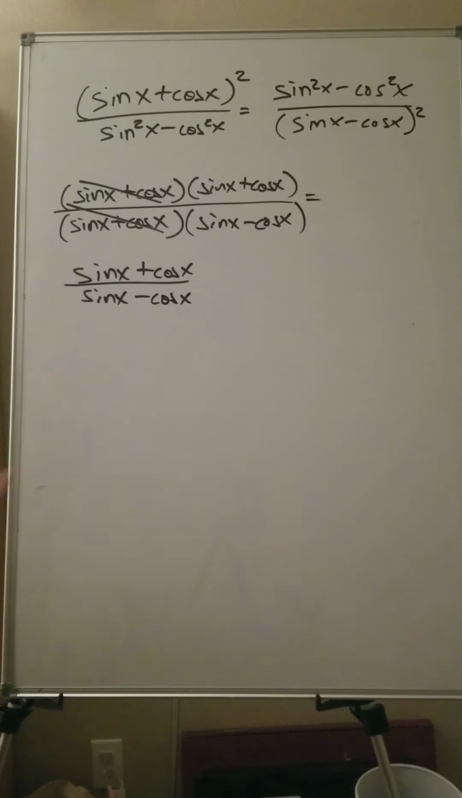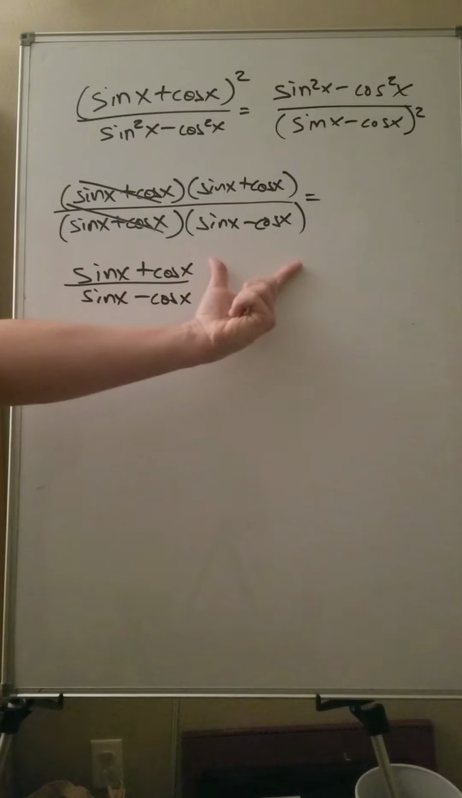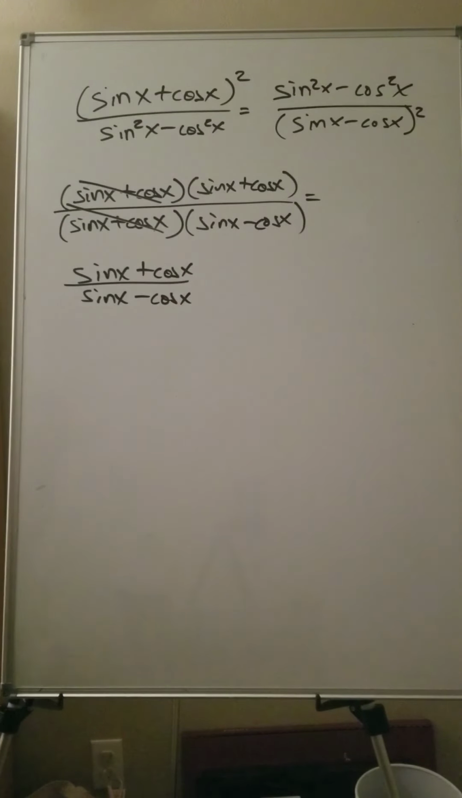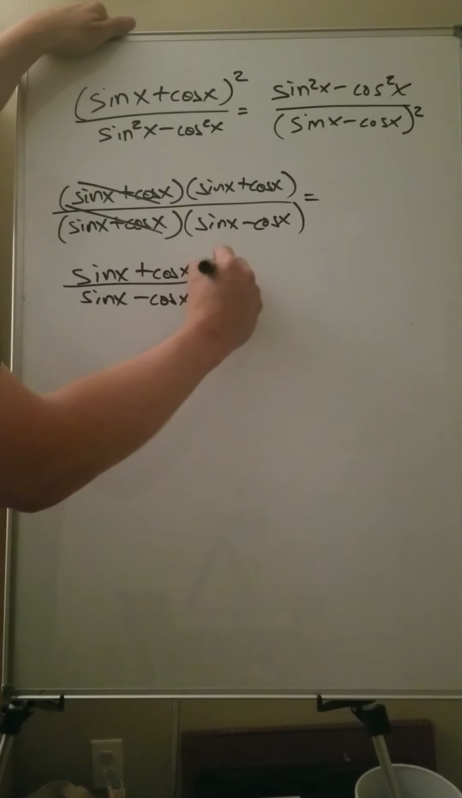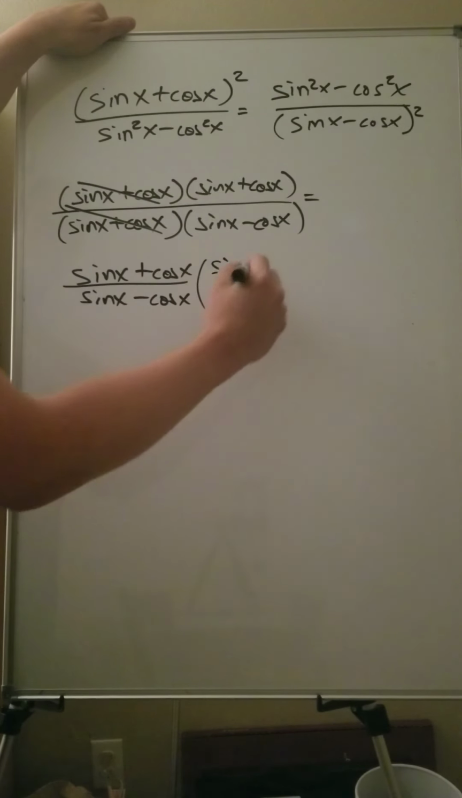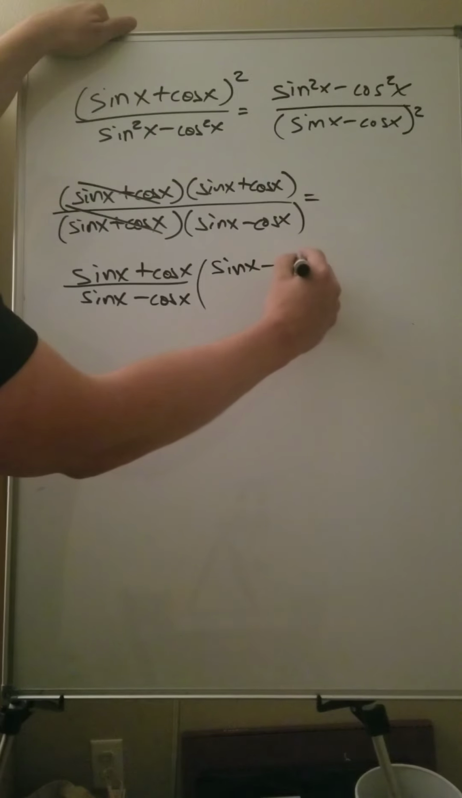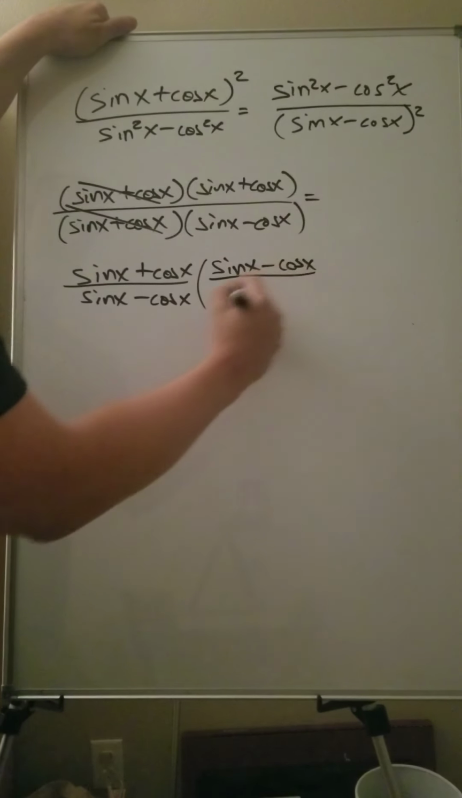Well, how would I get a difference of two squares? If I already have the a plus b part, then I need the a minus b part. I'm only allowed to multiply by a factor of 1 to not change the expression's value. But if I multiply by the conjugate, which is sine of x minus the cosine of x, on both the top and the bottom,